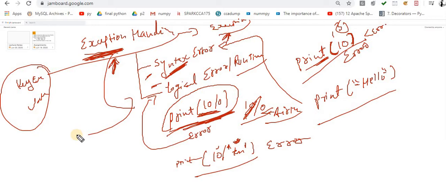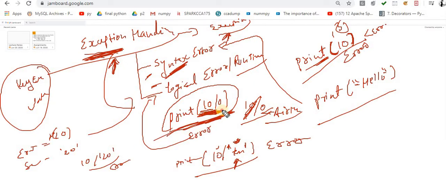Now what is the role of exception handling? Understand the concept. While executing the program, if something goes wrong, for example, you ask the user to enter the first value 10, and the second value 20. This is a string, and you convert it into an integer. Now you are doing this, so you will get an error message. It goes wrong because of the end user or the programming logic.